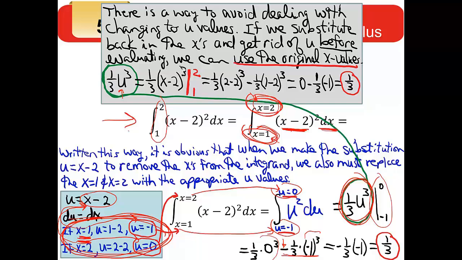See if you can follow step by step and come up with the answer of 1/3. Once you're solid on that, then go back and try to do it again using the second method. Practice it till you get solid on it, and then decide which way you like best. Either works, either gives you the same answer, but you need to decide which makes the most sense to you,